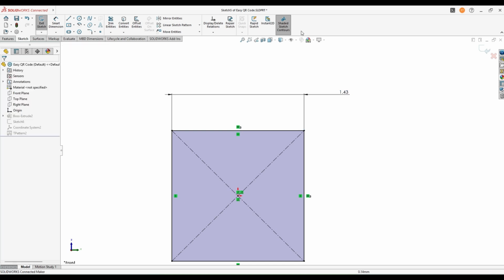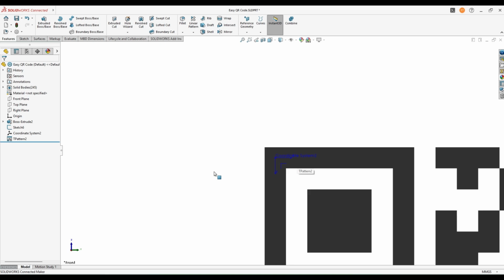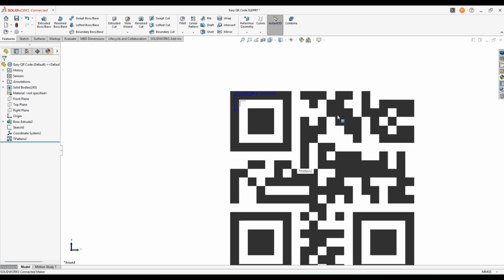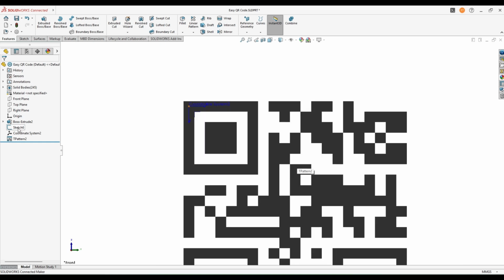Okay, and now the scale will put it in the correct place, and then just hide these, and I now have this, with no edges shaded.